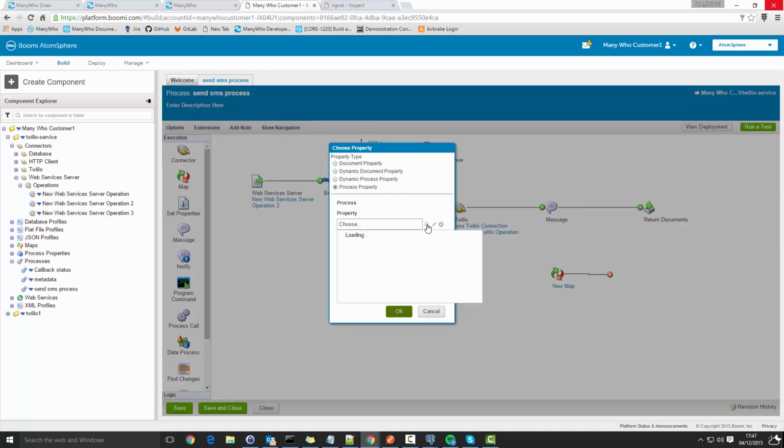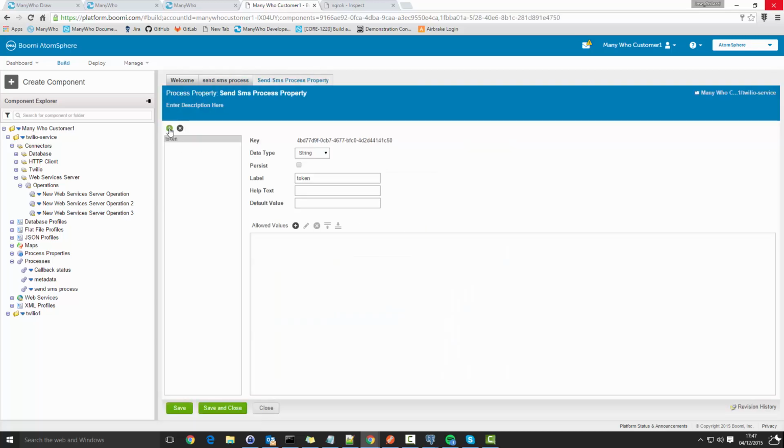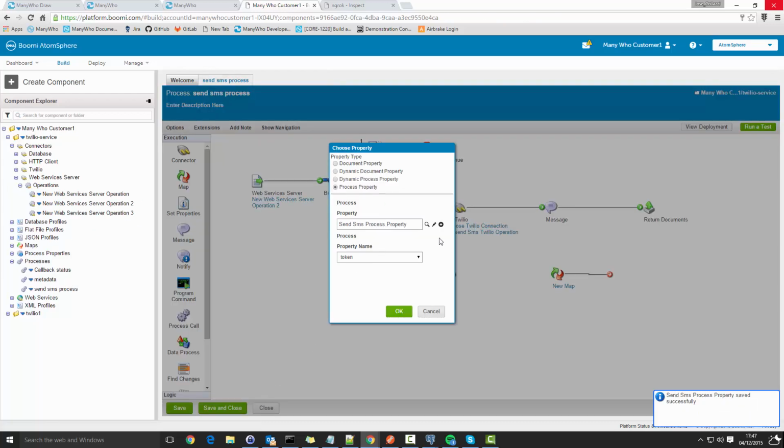Process property. We are going to add a new one that is called tenant ID. So we save it,